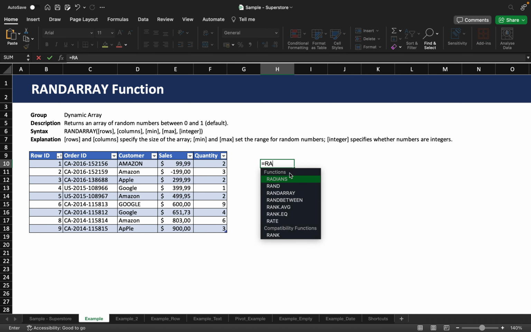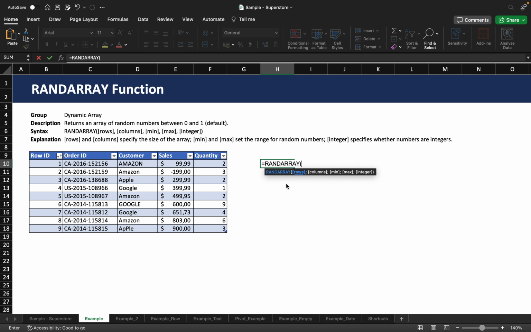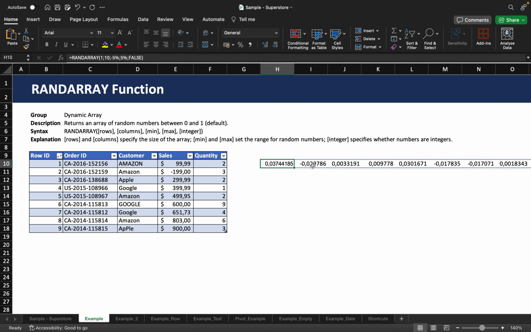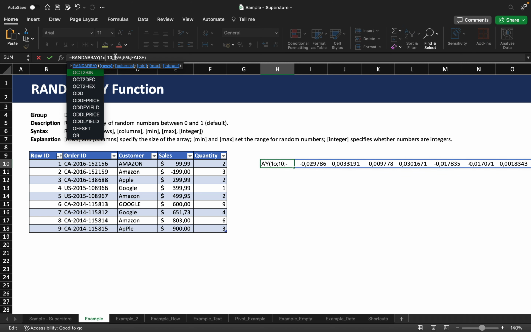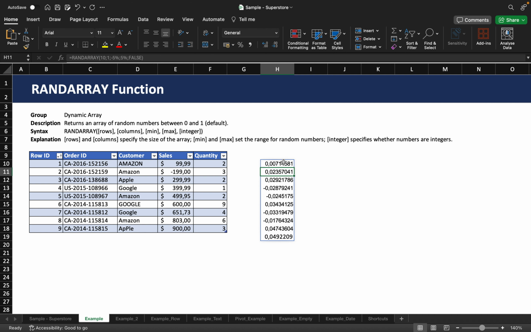So we just start with RANDARRAY again. We say 1 row, and let's say 10 columns, our min is minus 5%. This is the worst scenario, and the top scenario would be 5% on our investment. And then we say we want decimal values, close parentheses, we hit enter. Of course we want 10 rows and 1 column, which makes it a bit easier. Now we can format those values by clicking on the percentage sign right there,